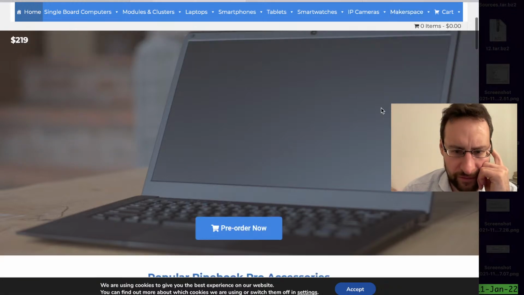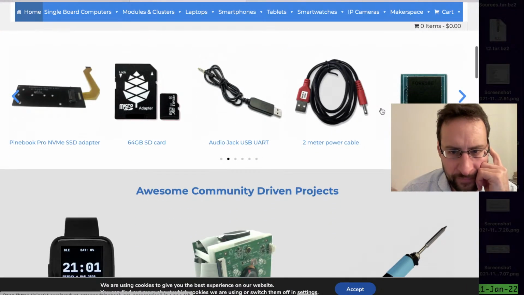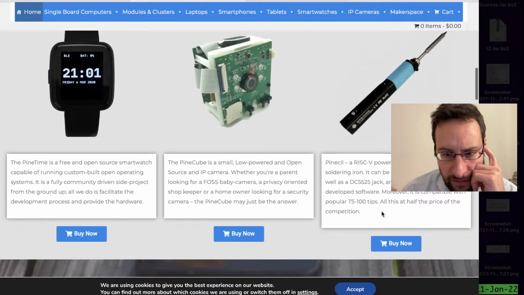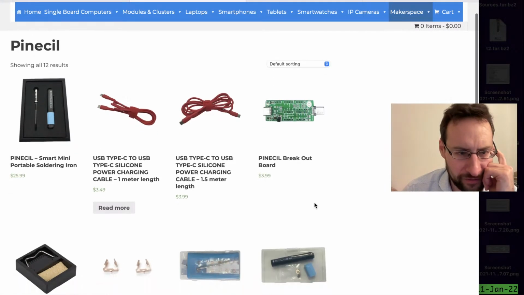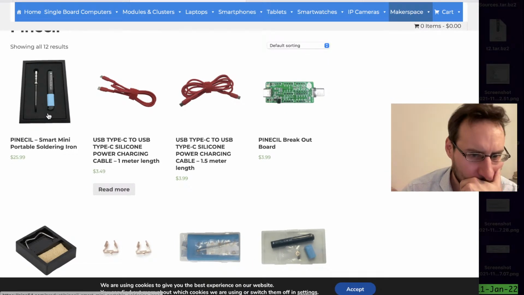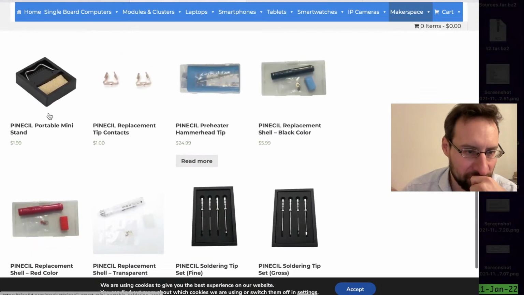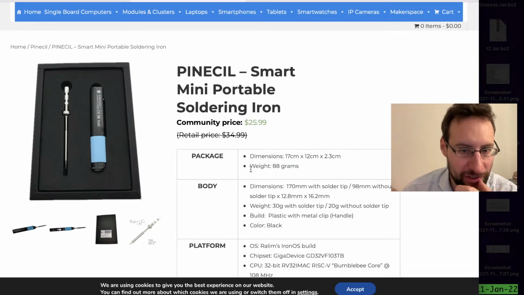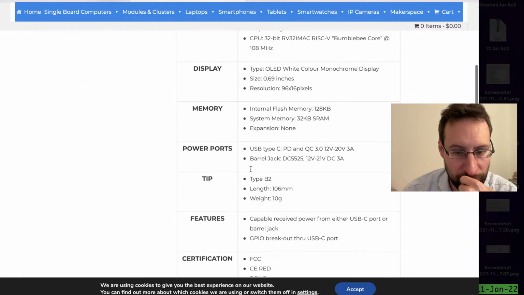What is even a 2-meter power cable? Like a soldering iron. Do they even... I noticed that the other day, so I was actually thinking of ordering that and reviewing it. It's maybe potentially a nice thing for USB heads, even at the community price versus retail price. How is this community price cheaper? But anyway,